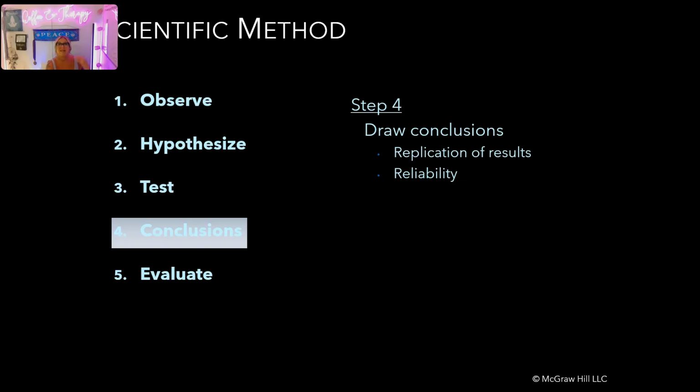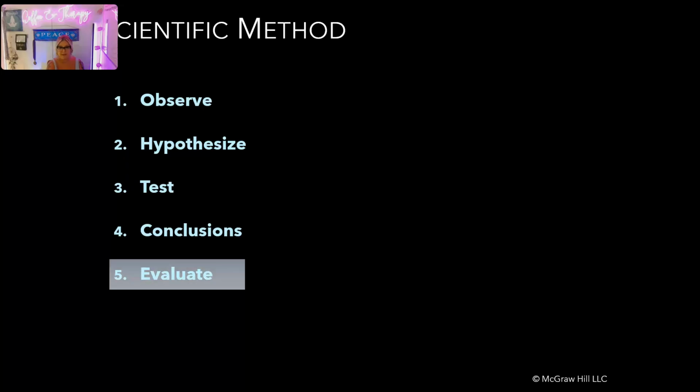Reliability simply means consistency. Let's say you take a personality inventory, and let's say you take the Myers-Briggs. I'm an ENFJ. No matter how many times I take this test, I should still be an ENFJ if the test was written correctly. So that's where we come up with reliability.